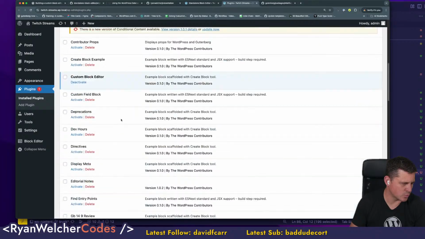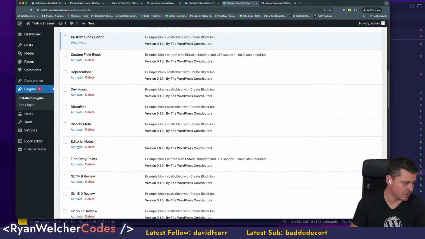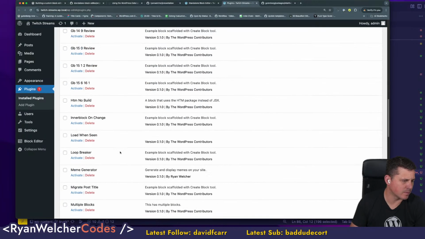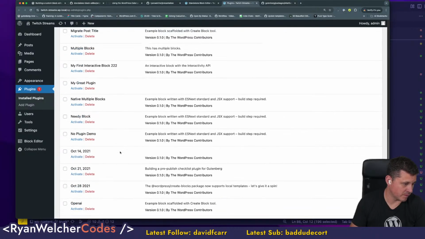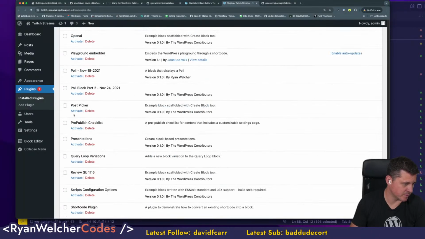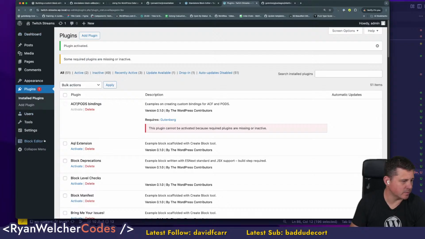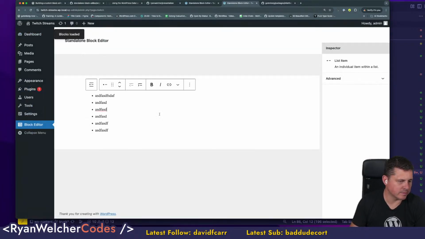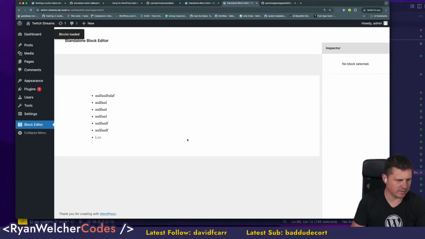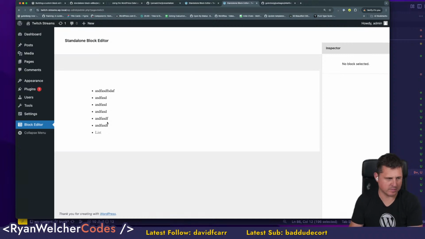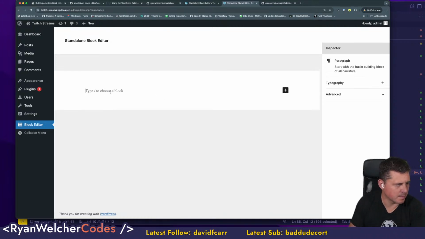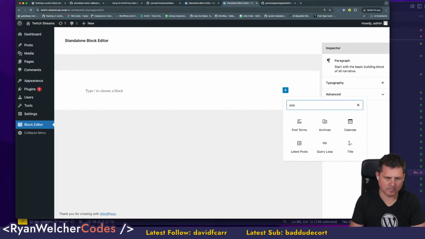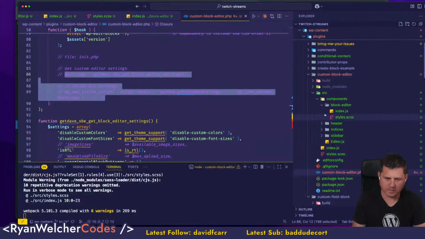Let's do, I don't know, editorial notes. Editorial notes? No, I just want a block. I don't know, something in here. Post picker. So we'll activate that. We'll go back to our blocks. And the inserter's gone away, which is a bit unfortunate, but let's see if that's actually